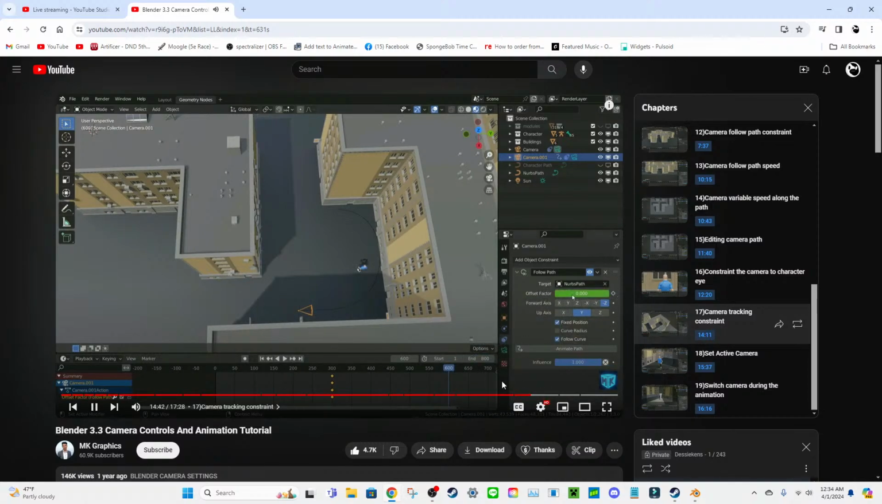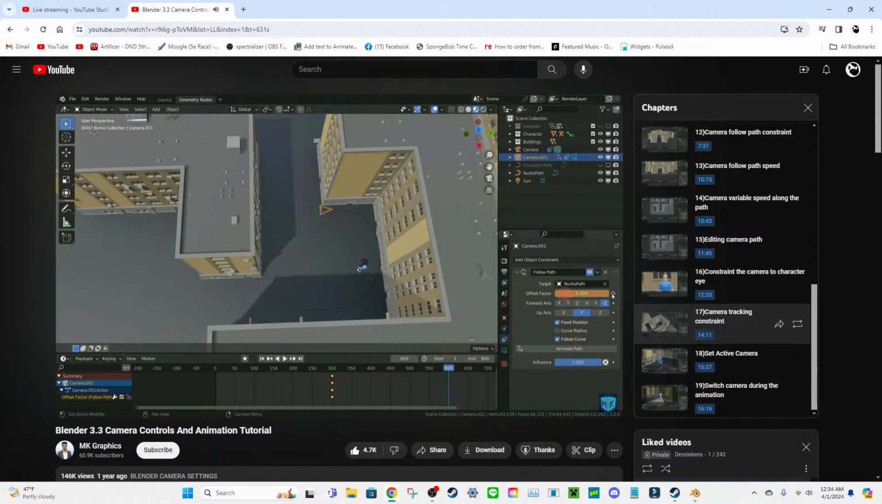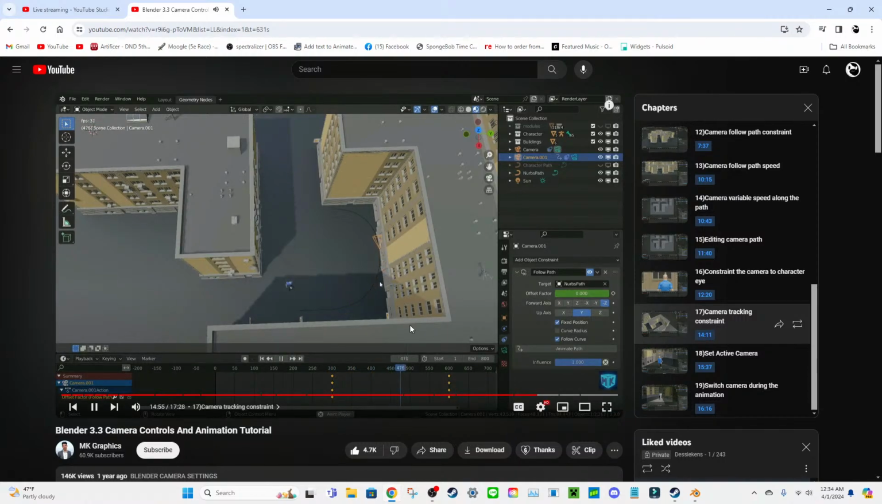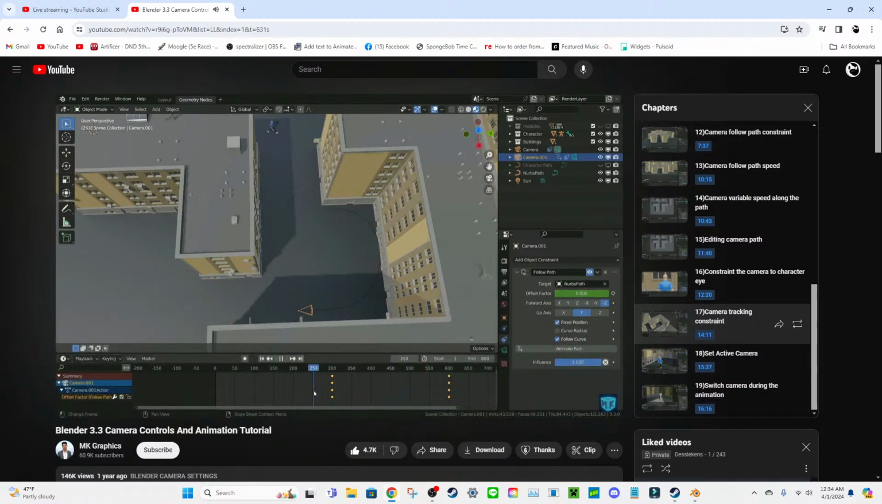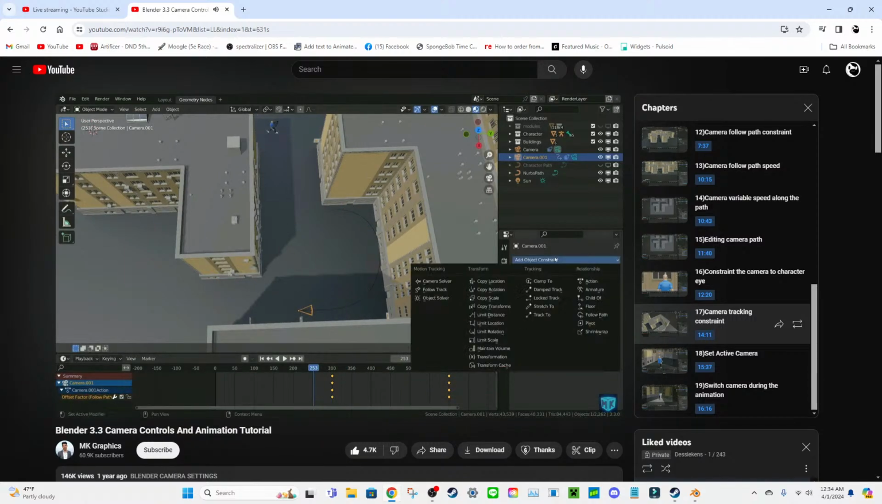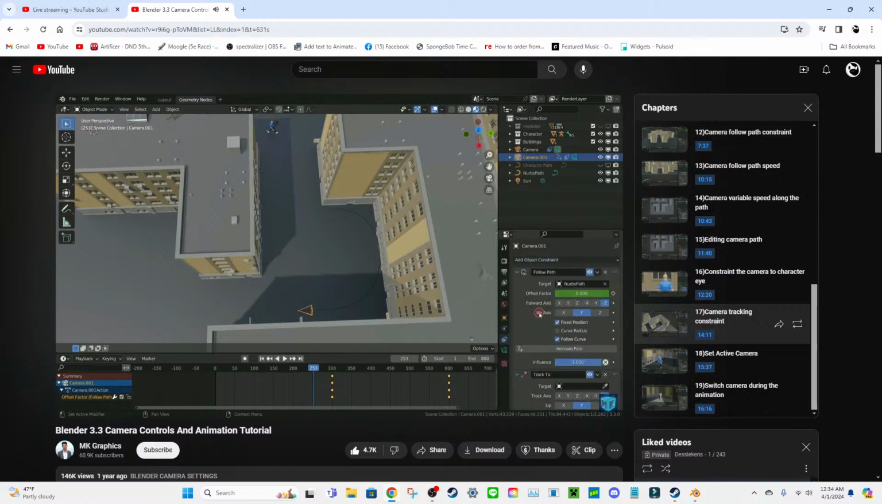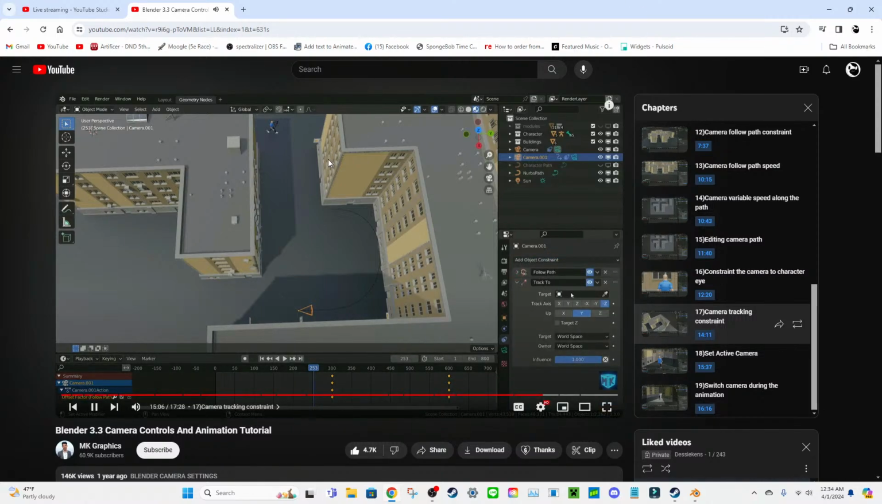Set the offset factor value to all the way up to 1 and add another keyframe. As you can see, the camera doesn't move until the character appears on the corner. Then it starts following the path, but it still doesn't track to the character. We need to add another constraint. Let's add track to constraint. Choose the target